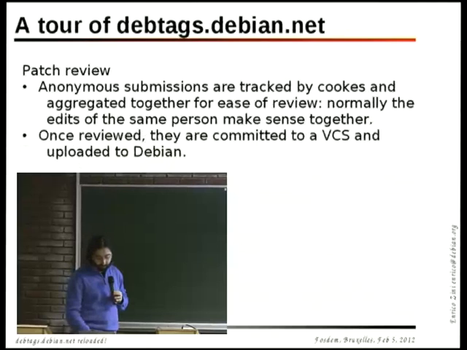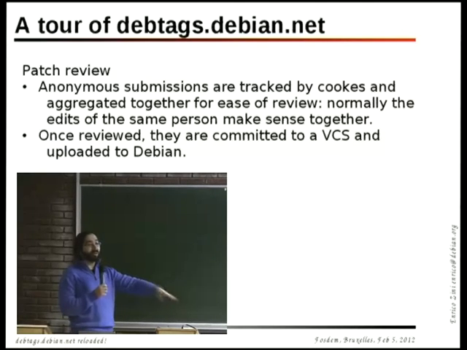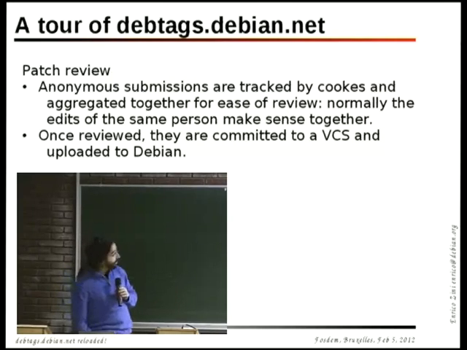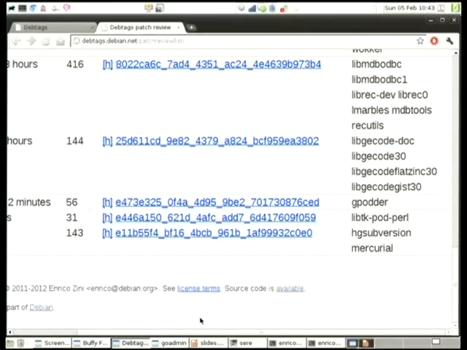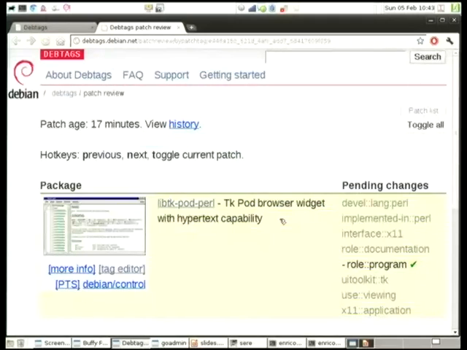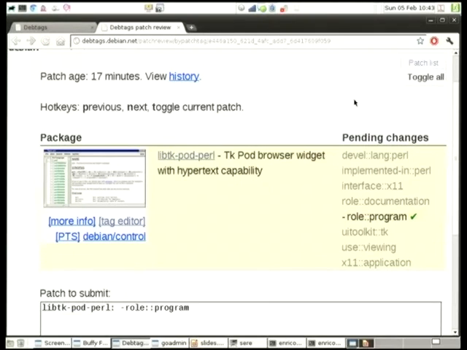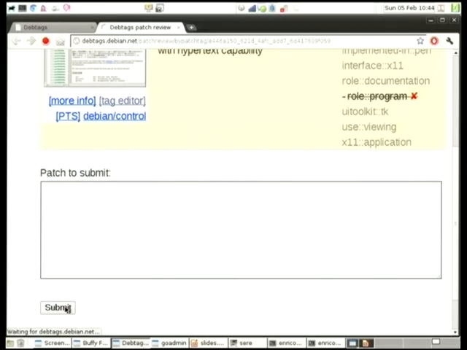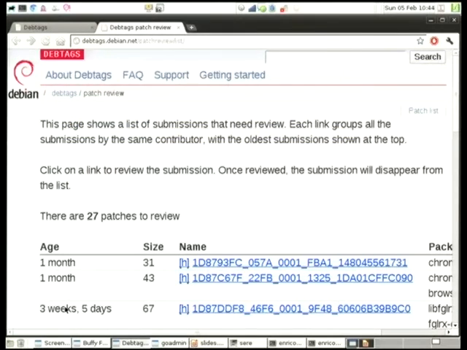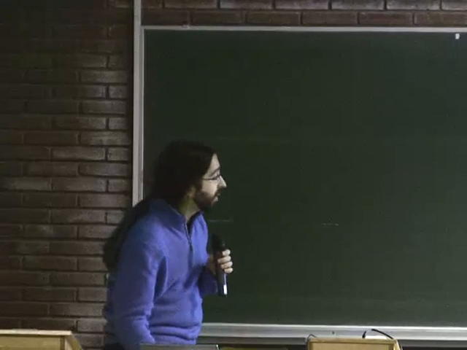Yeah? Yeah, it will be at the bottom of the list of stuff to review. There should be, actually. We removed the libtk pod perl. That's the edit I did. And I can say, no, that person's totally insane. There you go. So I can actually amend the changes before submitting them. Or you can edit it again. Yeah, there's no undo, but there's an undo before sending. So before you send,